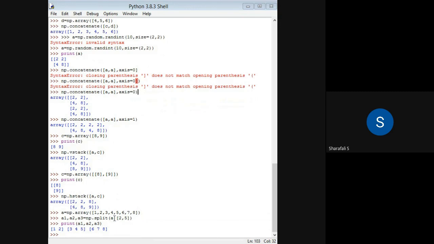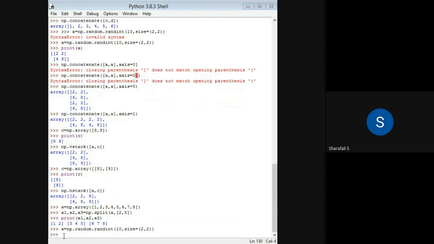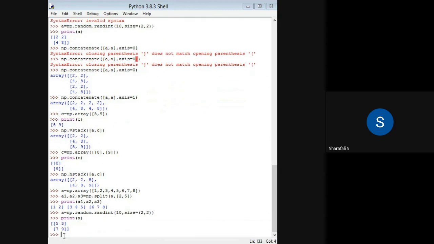Yeah, I have used it. Anyway, I will just use this A. Some random numbers I will convey. Okay. So I will just print that one. Print A. So this is my matrix A, or two-dimensional array A.